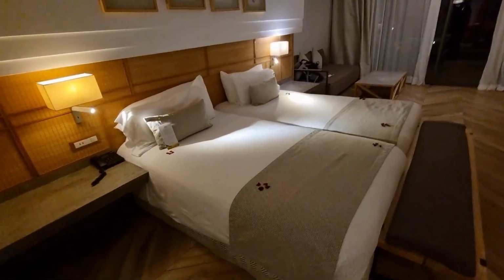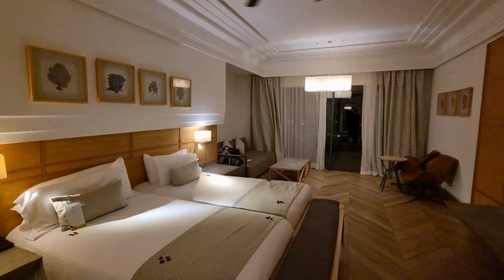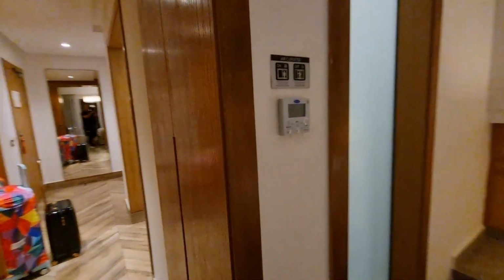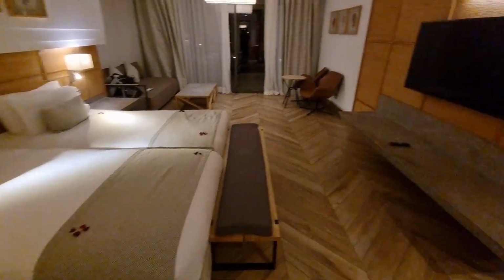As you can see, there's going to be absolutely plenty of cupboard space, so I'm not worried about that. And into the main boudoir. So ceiling fan, it's really chilly in here actually, so the aircon must be on. We've got the aircon control set to 17, so we'll get that up to our normal standard. Twin beds,